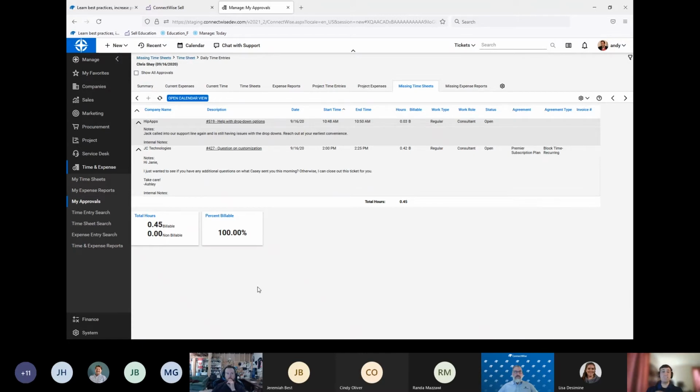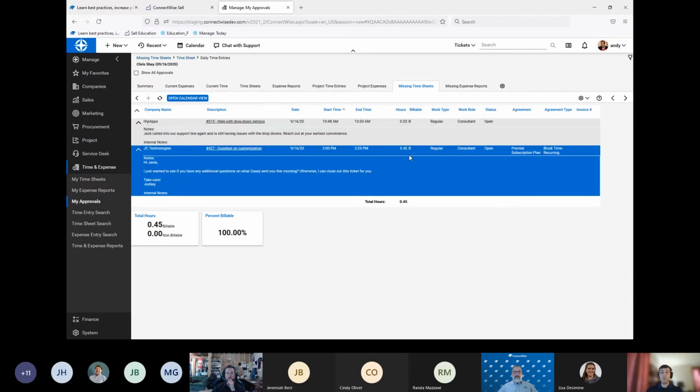A time entry that's marked as non-billable that should be billable. The flag for that is going to be here in the billable column. The other big one is time that is missing an agreement. So far, both my time entries are billable. That's good. That's what most of my technicians' time should be. However, one of these